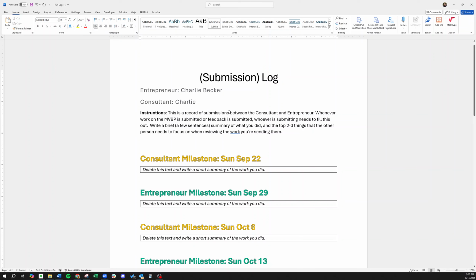This is a record of submissions between the consultant and entrepreneur. Whenever work on the MVBP is submitted or feedback is submitted, whoever is submitting needs to fill this out. Write a brief, a few sentence summary of what you did and the top 2 to 3 things that the other person needs to focus on when reviewing the work you're sending them. Delete this text and write a short summary of the work you did. So I made this easy for you if you were in class. So what I want you to do here, to make it easy for this first one,